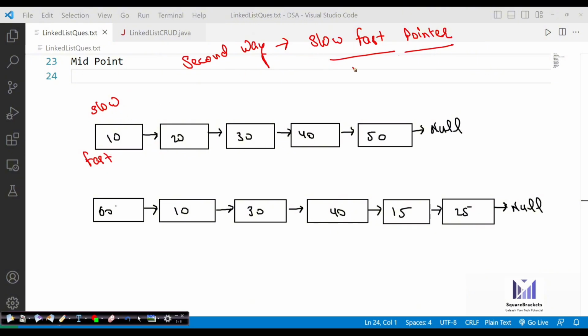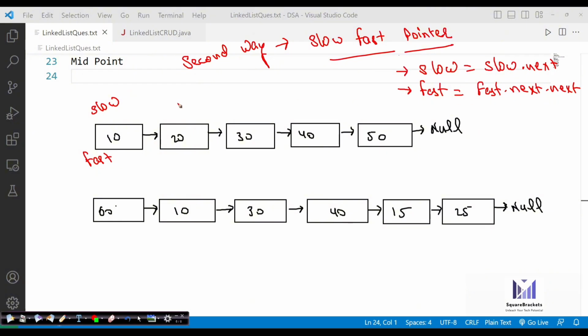Now do one thing: move the slow pointer one node or one step at a time, and move the fast pointer 2 steps at a time, like this. All right, so we are going to move the slow pointer with slow dot next, and the fast pointer will be fast dot next dot next.